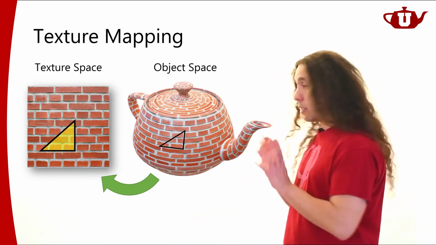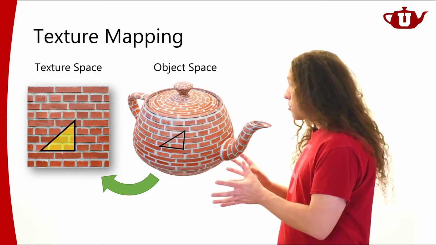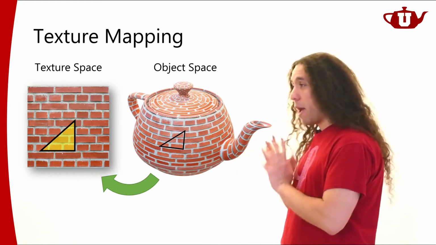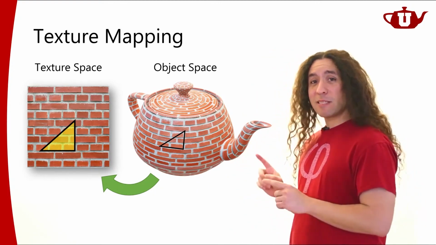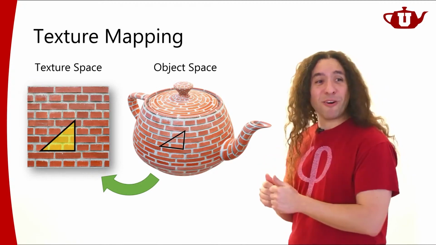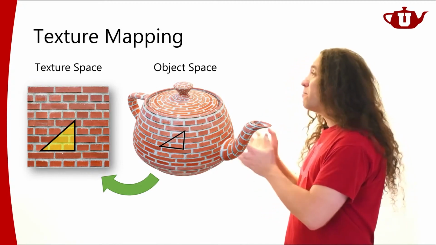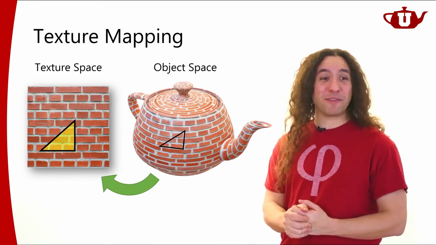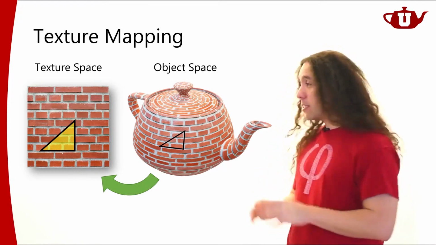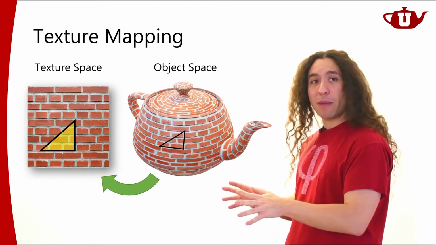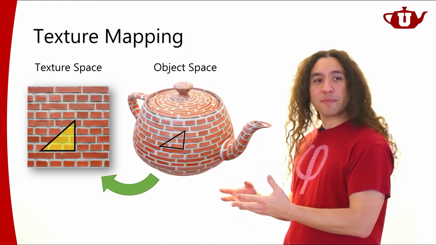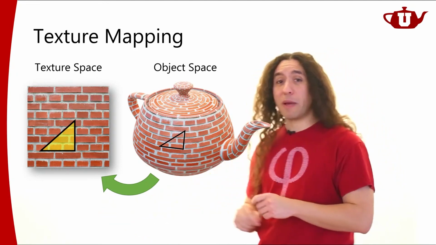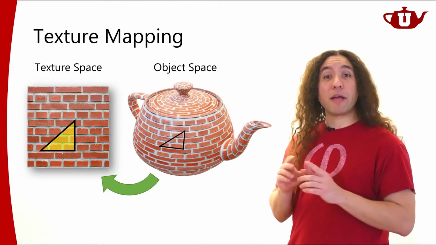So an artist would actually take an object like this and figure out how it should be nicely mapped onto this texture space. This is a lot of manual work, and I'm emphasizing this because I would like you to appreciate all the effort whoever prepared the model had to go through to prepare this for you so you can actually use it for rendering. The nice thing here is that once someone goes through the trouble of defining this mapping, then it's all set. Once I know where each triangle goes in texture space, I don't need to worry about how this was defined.